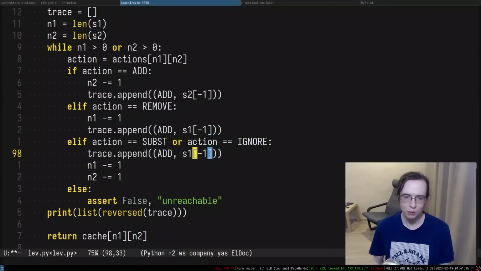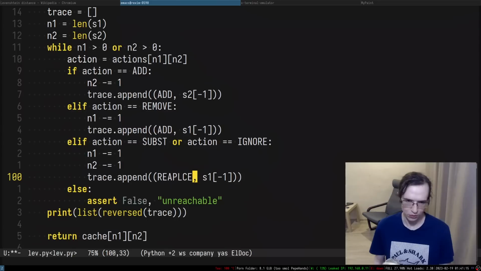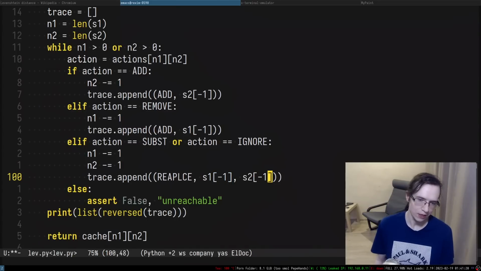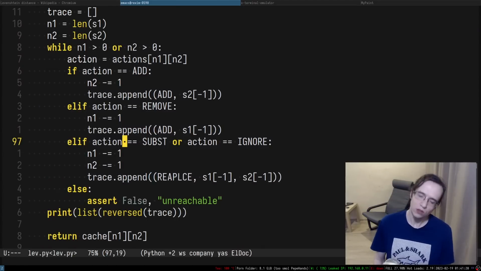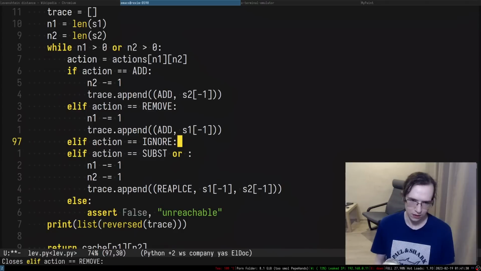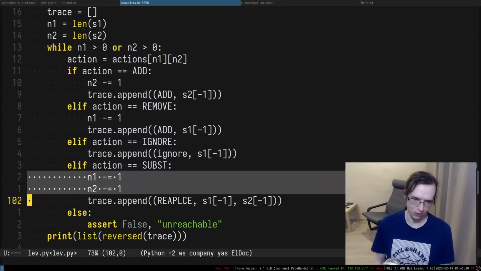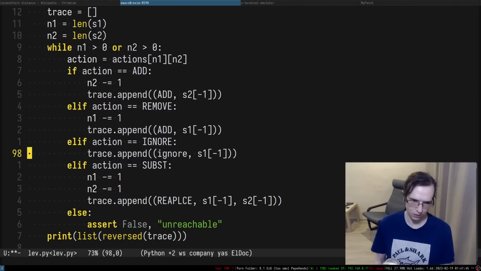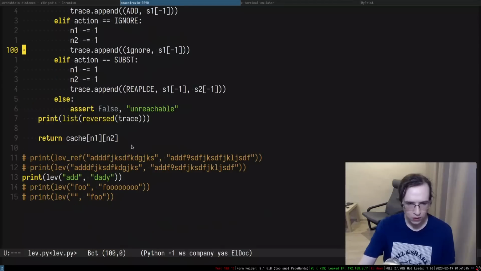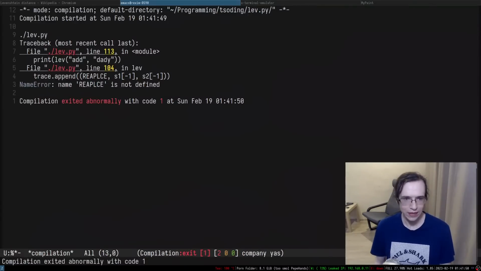And then when we are replacing S1 with S2. But when we are ignoring, it's kind of a different thing, right? So we probably want to have a separate action here as well. A leaf, like so. So this one is going to be ignore. And it doesn't really matter what exactly we're ignoring, because they are equal. They are in fact equal, so this thing has to be copied. This thing has to be copied. Okay, so now we have the specific list of actions that we have to